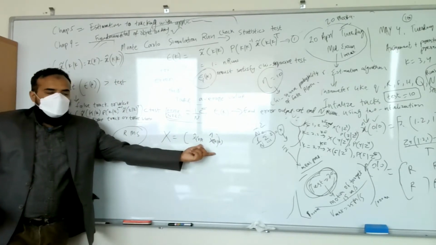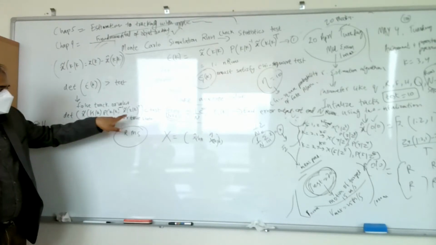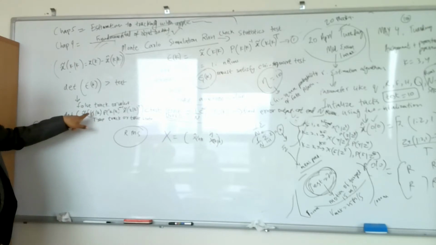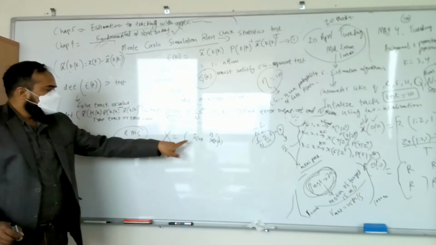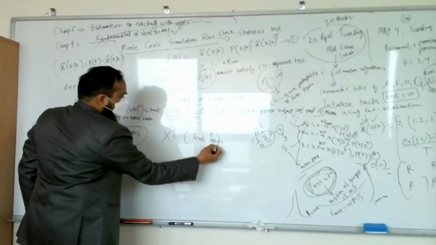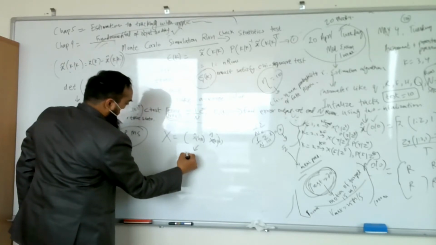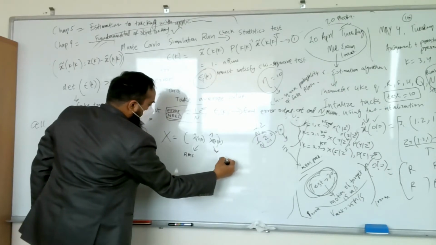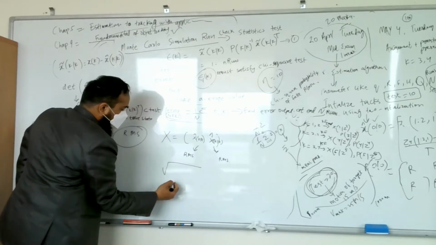Again, you have to check this test. Suppose x equals the estimated value of x and the covariance, estimated value of this. So this is position and velocity. So you have to check the position RMS and velocity RMS, like this one,